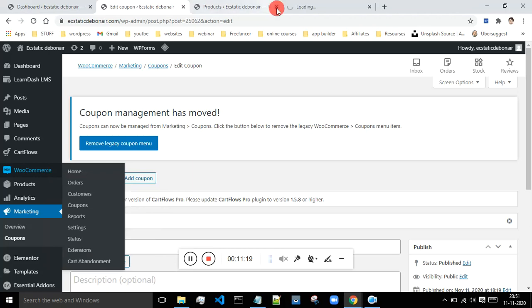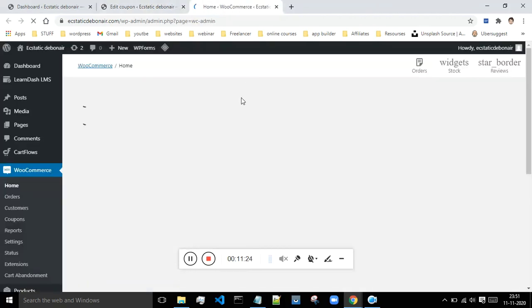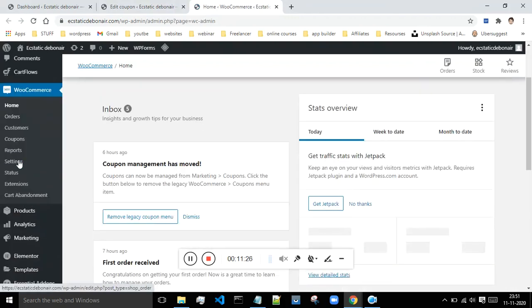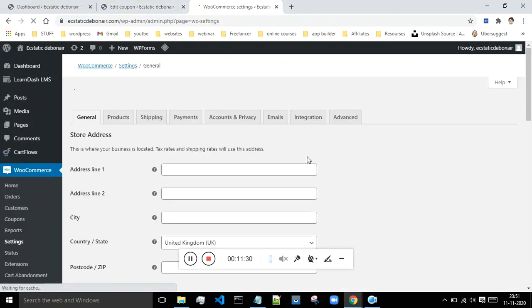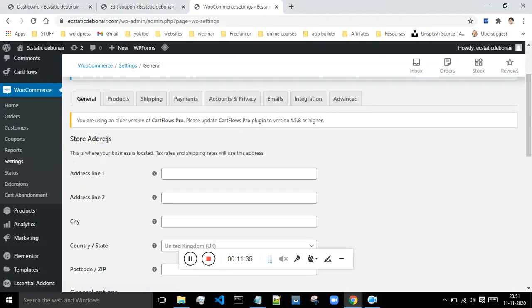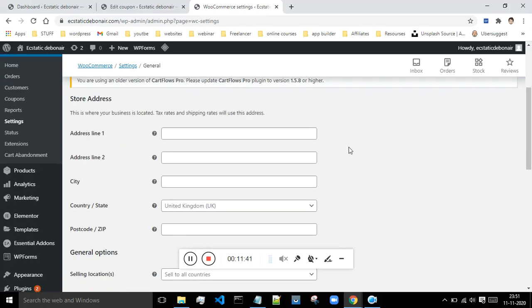I will open the WooCommerce in a new tab. Then let's go to the settings. Settings is important. Okay, so now this is the store information. Whenever you are selling the product or courses, one email goes to that particular person when that person buys your product. Okay, so to that person this information will be sent, like the address of the store, then the city,